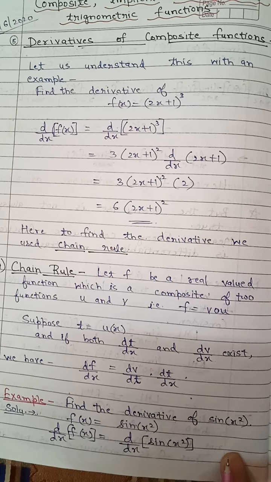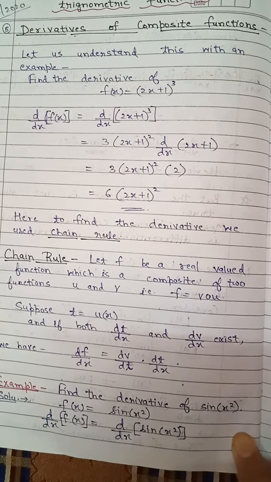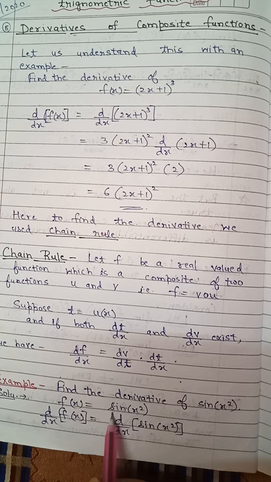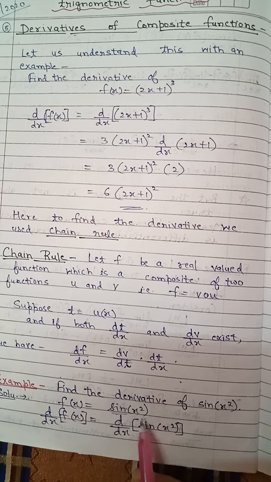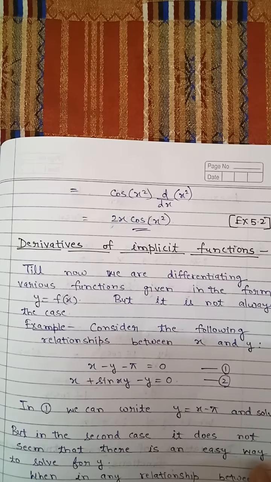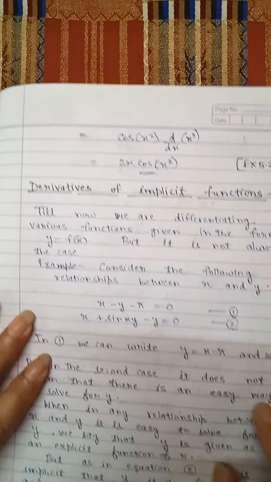Suppose we have to find the derivative of sin x^2. So here, the first thing, the function is sin of x square. So this is the first function which we have to consider, sine, right? We know that the derivative of sin x is cos x, right? So people just write it as cos x^2 and think the work is done, but that is not the case. Here we will write the derivative of sin x^2, and then again we will find the derivative of x^2.